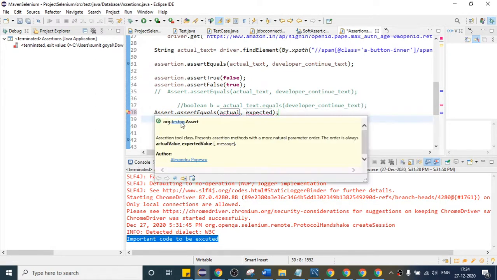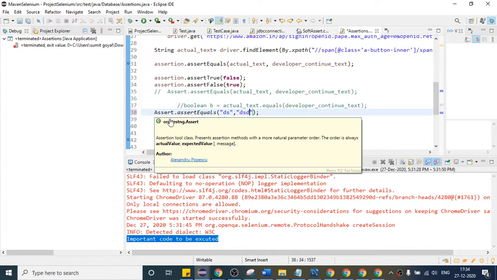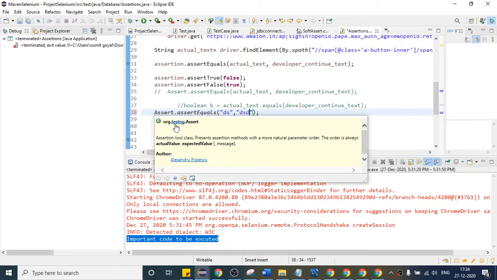It is coming from TestNG itself, right? It is a class. C stands for class. If you want to see the code, for this method, it is not showing. Basically it is a class coming from TestNG. From TestNG, the Assert class is coming, right? So if you want to see, you can also see the code.